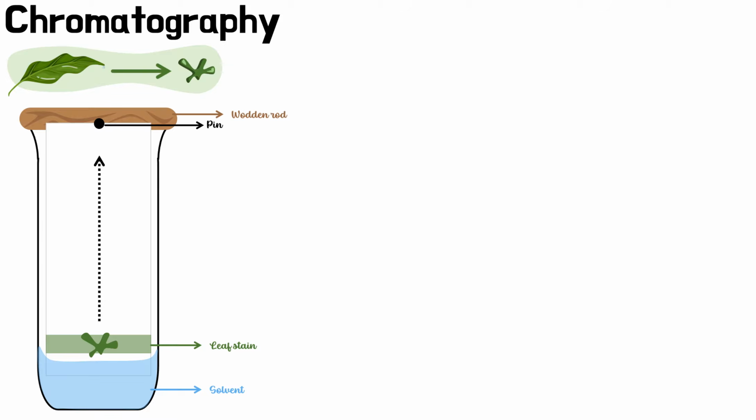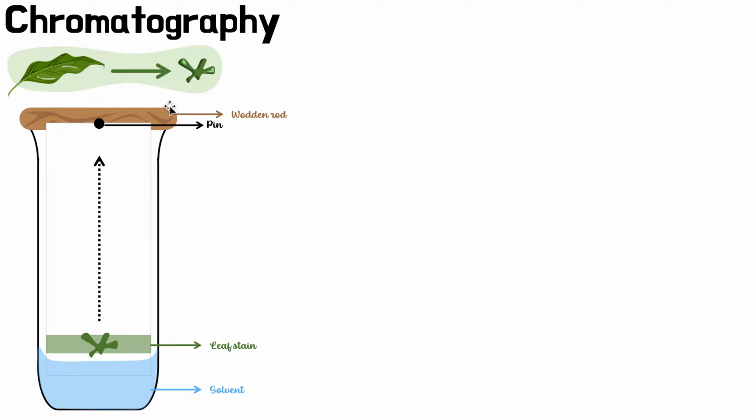Okay, so now we're going to another interesting thing. You guys will probably do this experiment in your class, maybe not, but I'm pretty sure you will. This is a pretty interesting experiment, and it's called chromatography. This is a technique used to separate something into its constituents. In this example, we're going to take a plant, smush it, and put that smush here on the paper. We're going to try to separate all the photosynthetic pigments in this little mash, because we know the plant has a lot of photosynthetic pigments, and we want to separate them out to see which pigments it's made of.